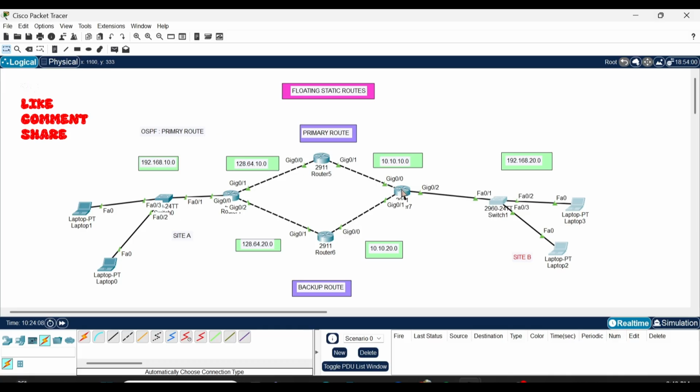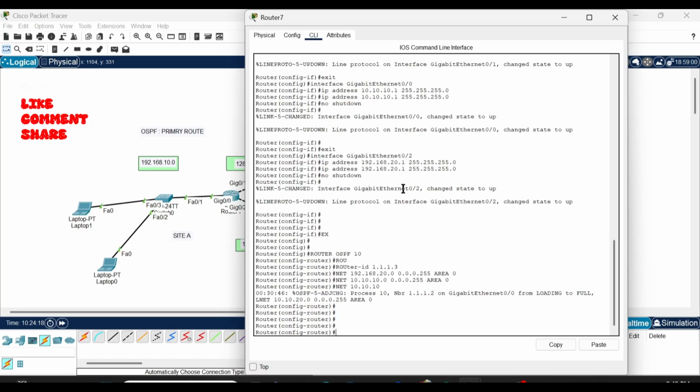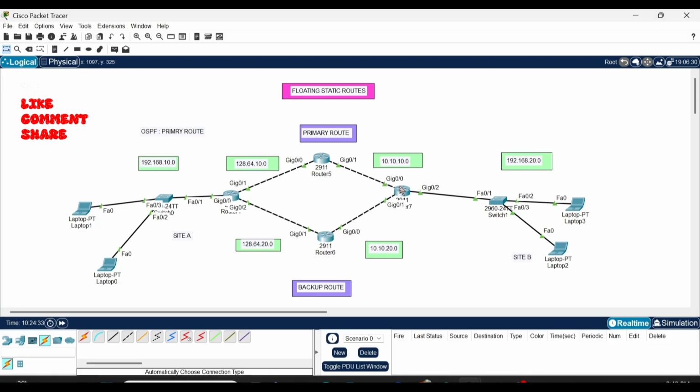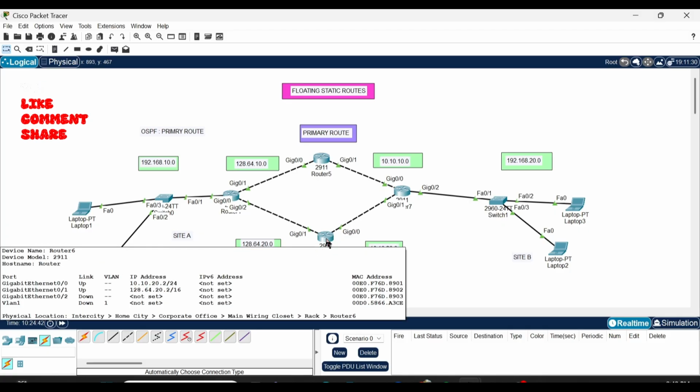Let's also configure a floating static route for this local area network, so whenever their primary route fails, they will be able to take the backup route. So we do the same. We say ip route with the destination of 192.168.10.0, which is the site A network, and it should be using the next hop IP from this router. The next hop IP is this interface over here, interface Gig 0/0, which will be taking 10.10.20.2